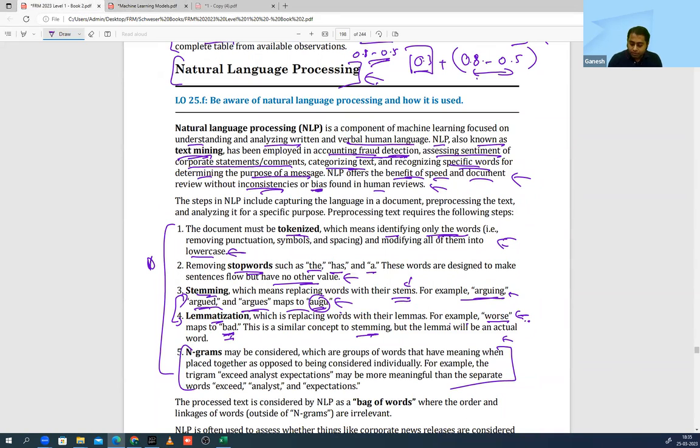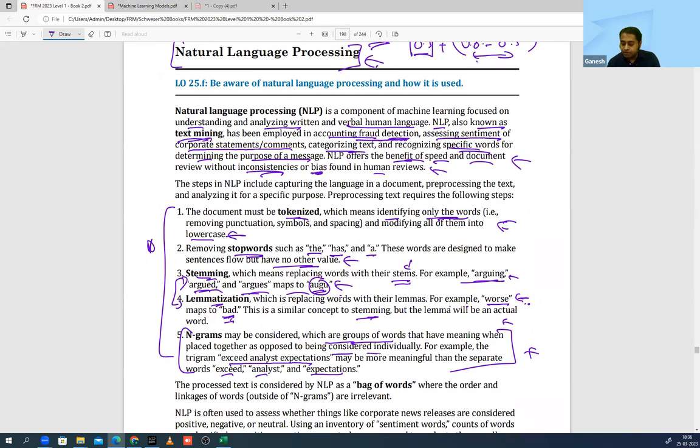N-gram. Okay, n-gram में क्या हो रहा है देखो, we are creating a group of words. Okay, जैसे ये example है, each one of them is an individual token. Okay, यहाँ पे ना order doesn't matter. Basically ये तीनों चीजें एक साथ आ गई. It means something. That is how the computer is reading it.